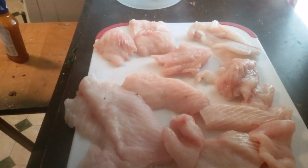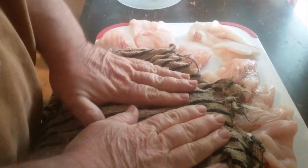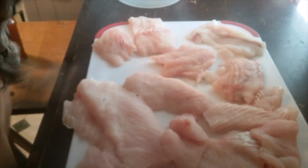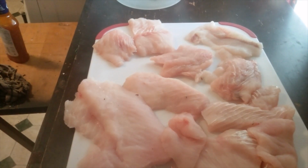Okay, I have an old dish towel I keep around just for stuff like that. I don't want to use my good dish towels, but I pat them off nice and dry. They're already pretty dry, but they just have a little moisture sitting there overnight. These things are beautiful. Then